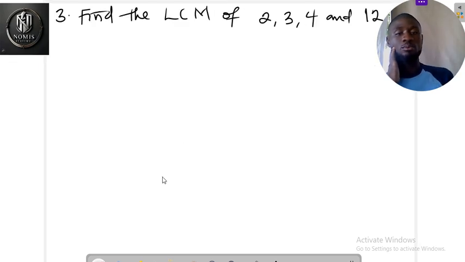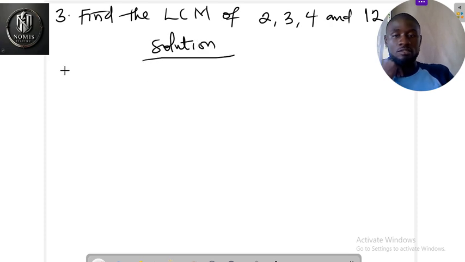So let's take example number 3. Now example number 3 is more complicated, in the case where we have 4 different numbers. So we have to look for the LCM of 4 different numbers. Let's get into the solution. It is still the same process. Let's write 2, 3,